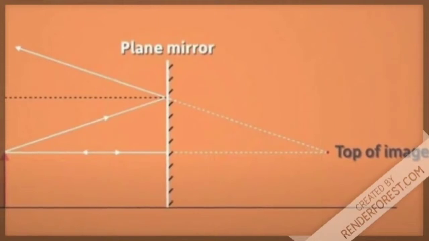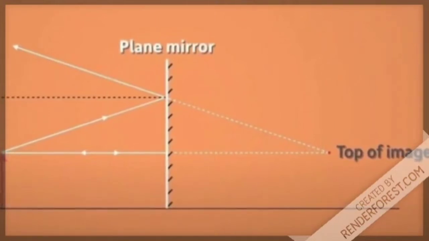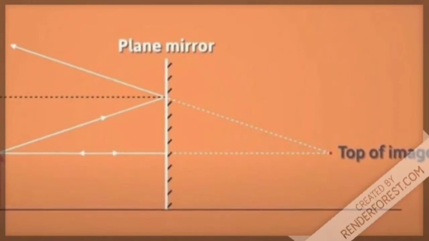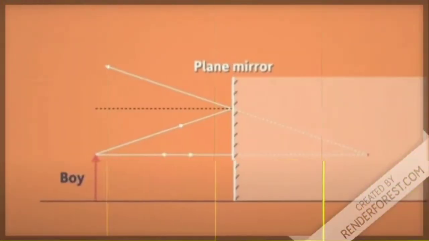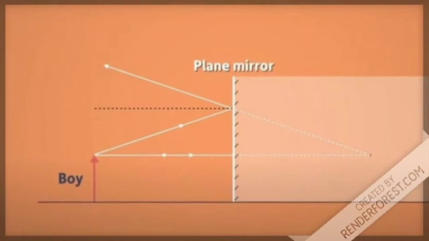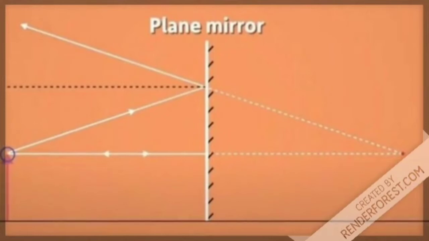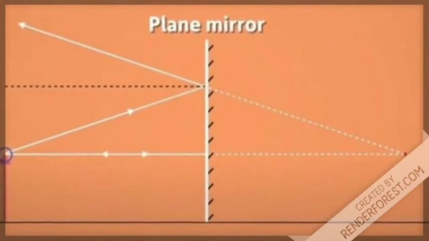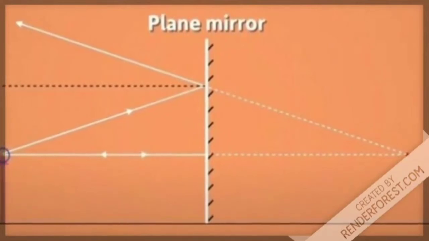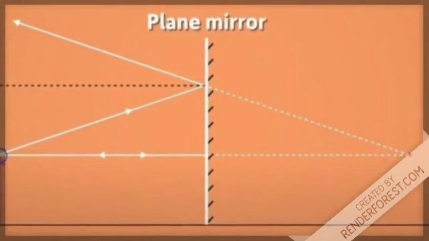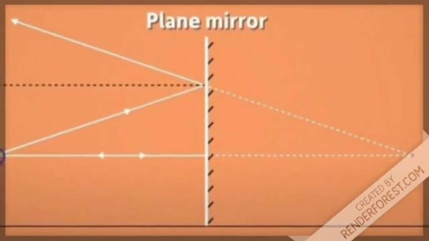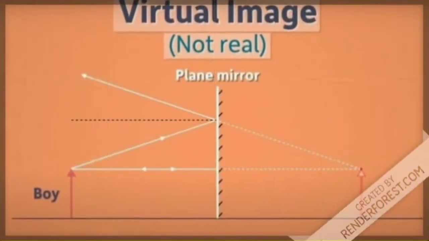When we look at this point, it appears to us that all the light rays are diverging from this point. But in reality, there are no light rays present behind the mirror. This being a smooth and shiny surface reflects most of the light back and almost no light reaches behind. But yet, we have the perception that light rays are coming from the point behind, so we just consider the top of the arrow here. We can do something similar for the remaining points on the object to get the complete image. So we say that the image formed here is virtual, or in other words, not real.